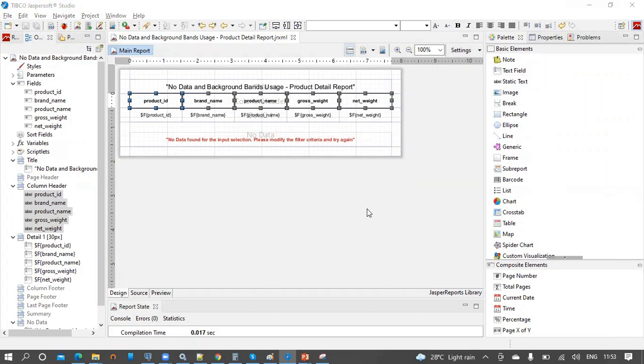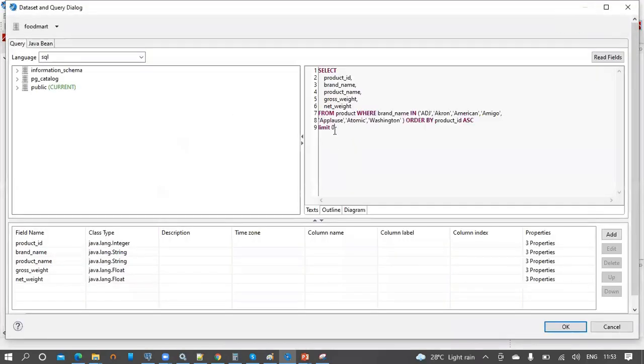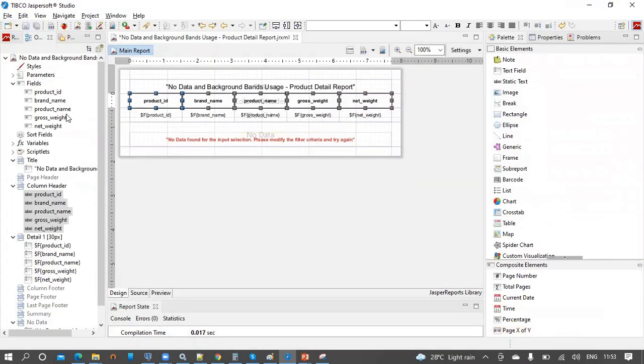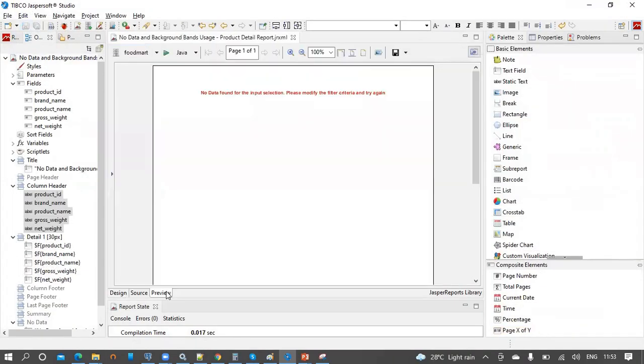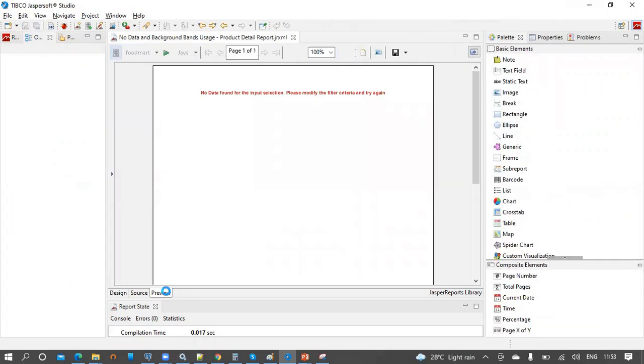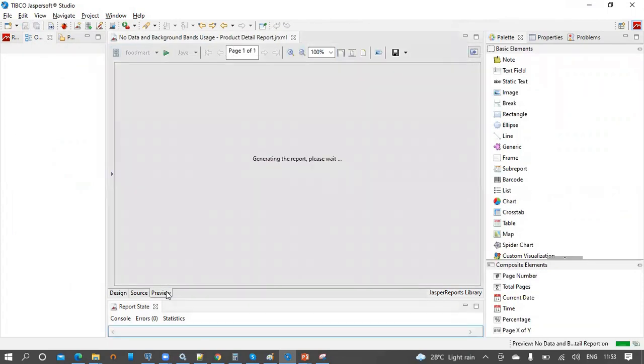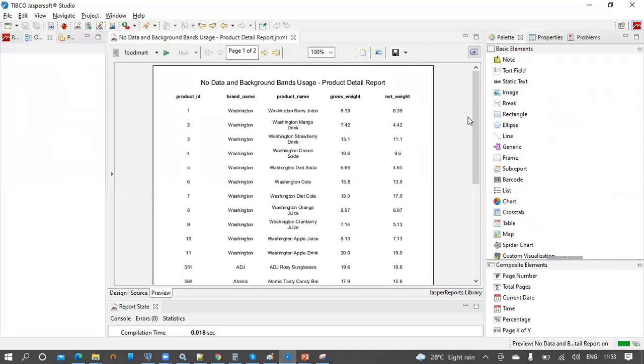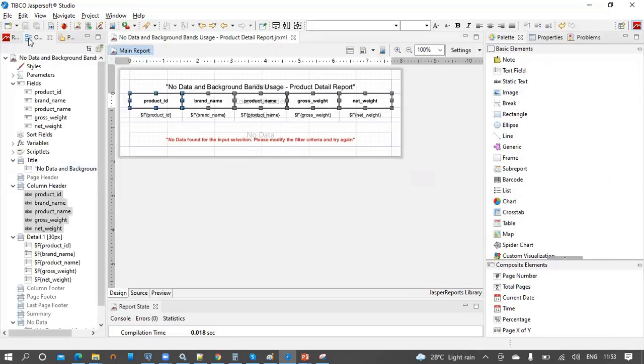Let's remove this limit so that we can have the details printed. So comment out this LIMIT 0 here in the SQL, and let's rerun this report so that we should be able to see the product details. Okay, so now we have the grid-like report ready with us.